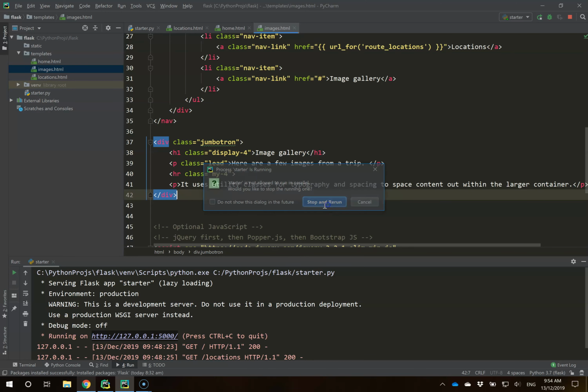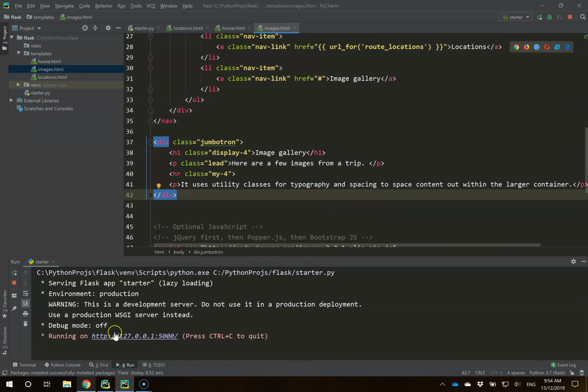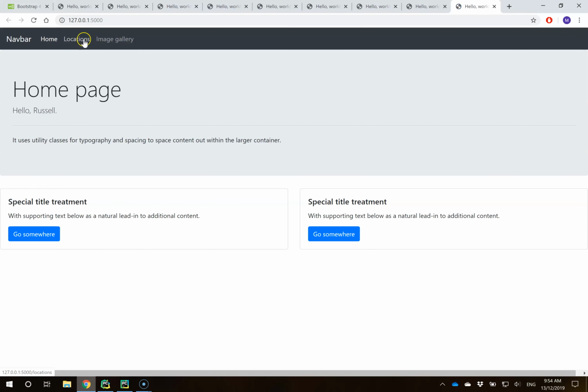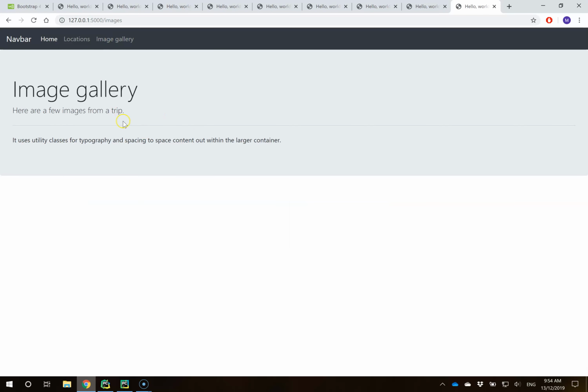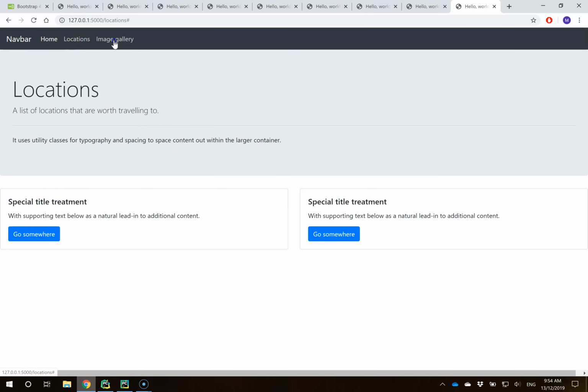So what does this look like? Let's go and find out. Stop and rerun, come to here. I can now click on location. If I go back, I can now click on image gallery and I go to here. Now there is of course a problem, and that is that once I'm on images, these won't necessarily work. All right? So once I go to image gallery, this isn't going to function. All right? Once I get to locations,